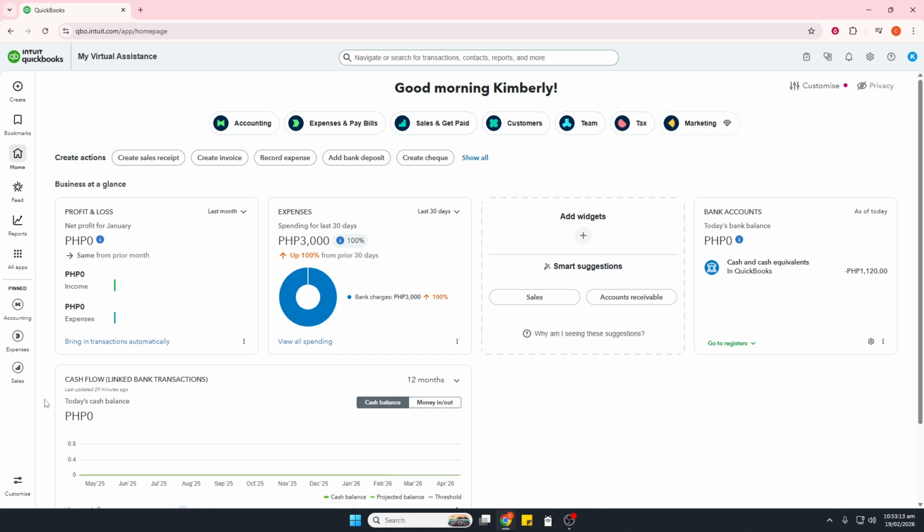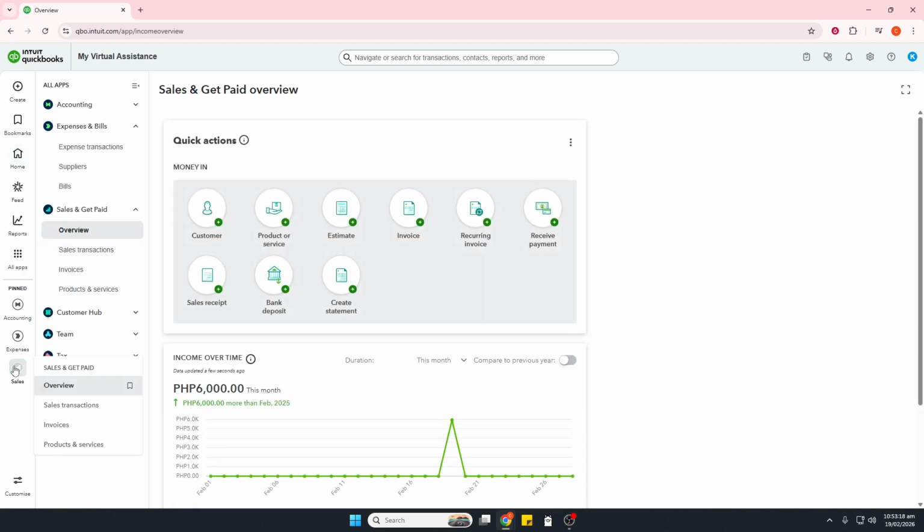First, let's get to the right place inside QuickBooks Online. From the left-hand navigation, click Sales. This is your hub for everything related to money coming in. Once you're there, choose All Sales. Think of All Sales as your master list of transactions. Estimates, invoices, payments, and sales receipts all live here. Starting here ensures you're not hunting through multiple pages, and it sets you up to quickly filter down to exactly